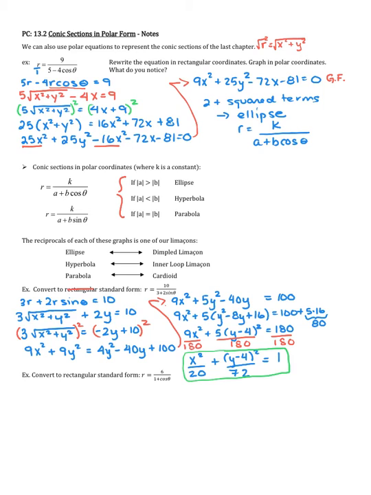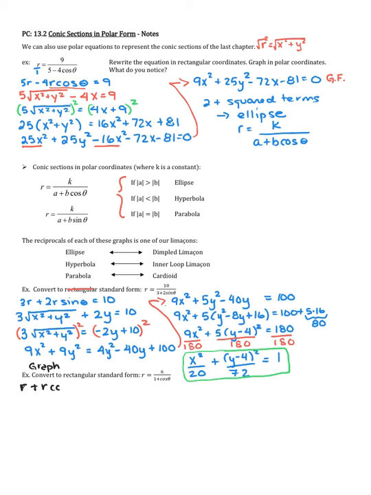Okay? So this next one, let's just go ahead and do the example. Let's convert to rectangular standard form. So we're going to go a step further here. We're going to actually then graph this one as well, just as a nice review. So notice that A equals B, so we expect to get a parabola. But the numbers will be a little bit simpler, so we cross multiply, and we're going to have R